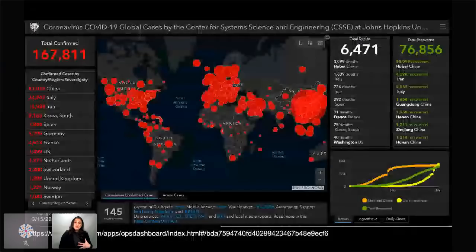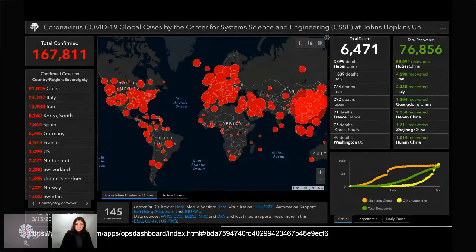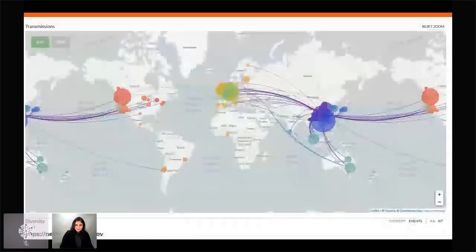Now, for those of you who are really interested, Johns Hopkins University has this amazing tracker, and it is updated not quite in real time, but almost in real time. And this is the state of the COVID virus, total number of cases across the world as of yesterday, Sunday. So that is something that you can find at that link you see at the bottom of your screen. And I'll be making a lot of these links available after this talk.